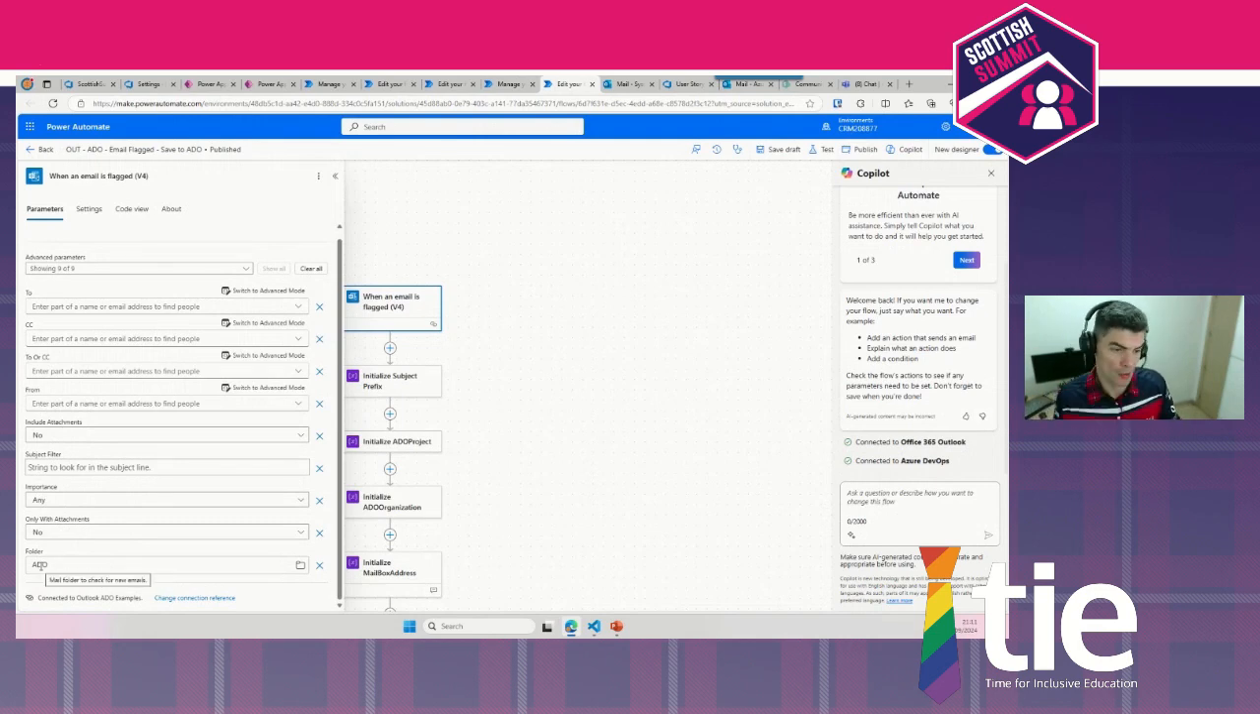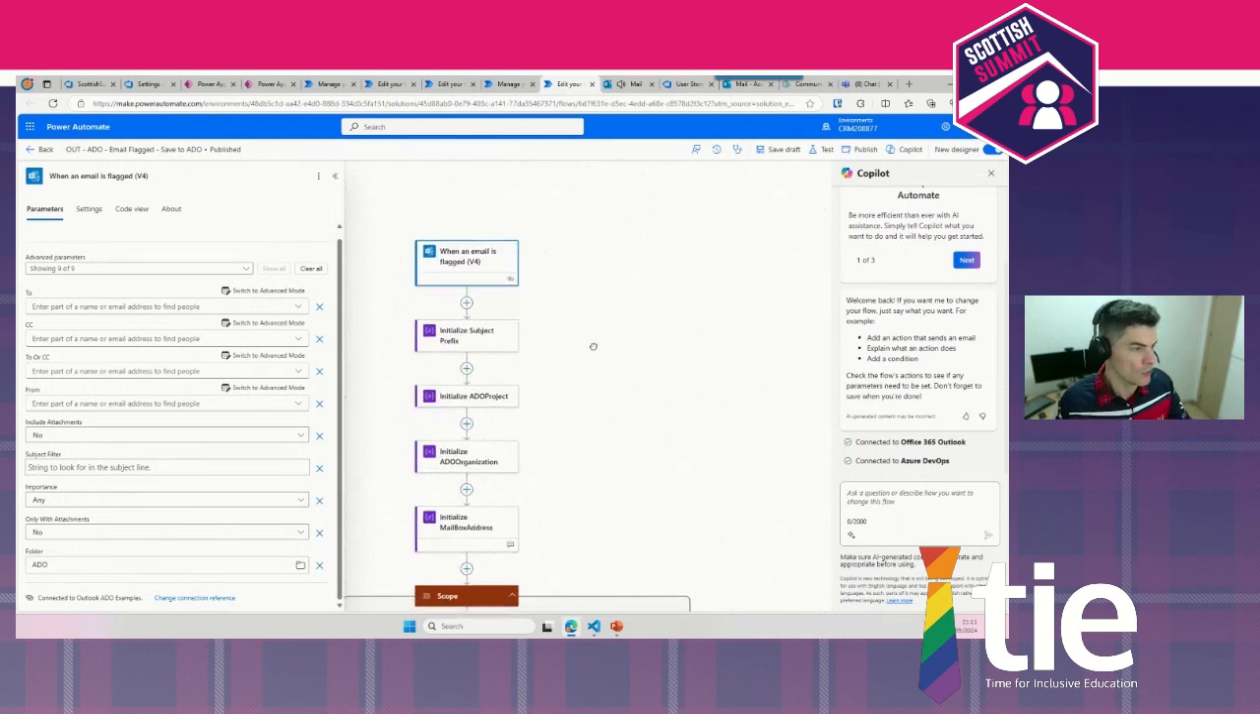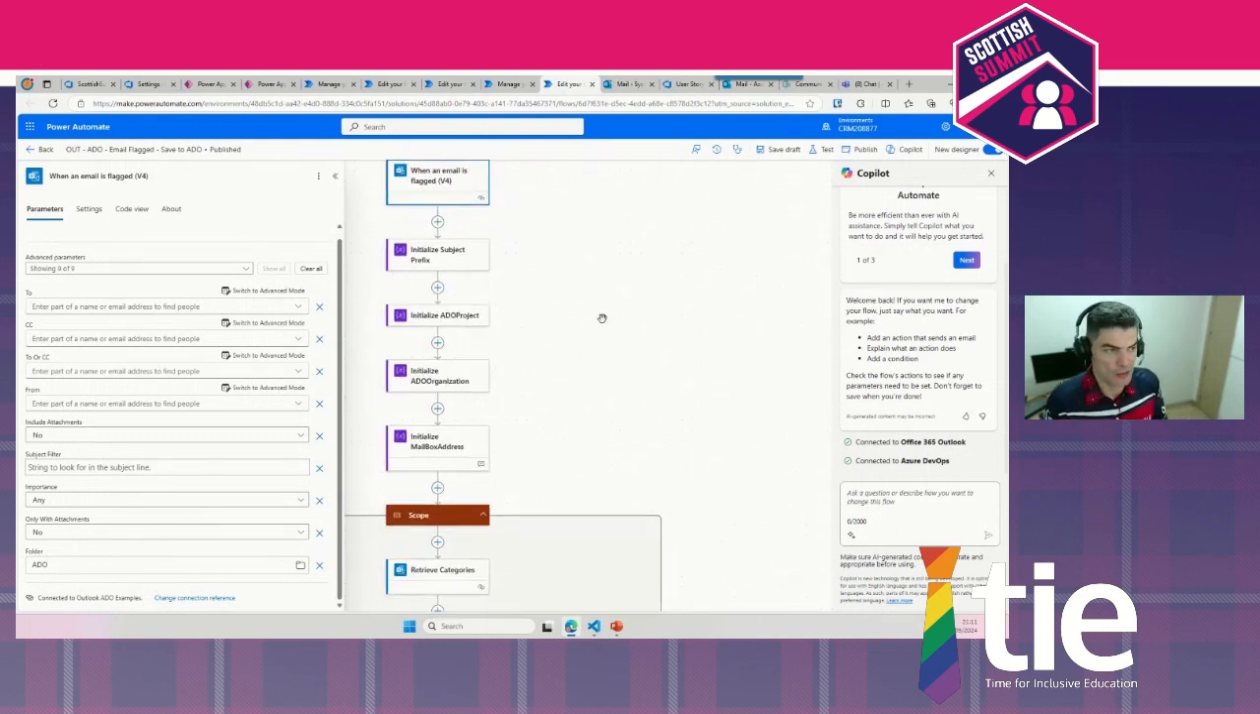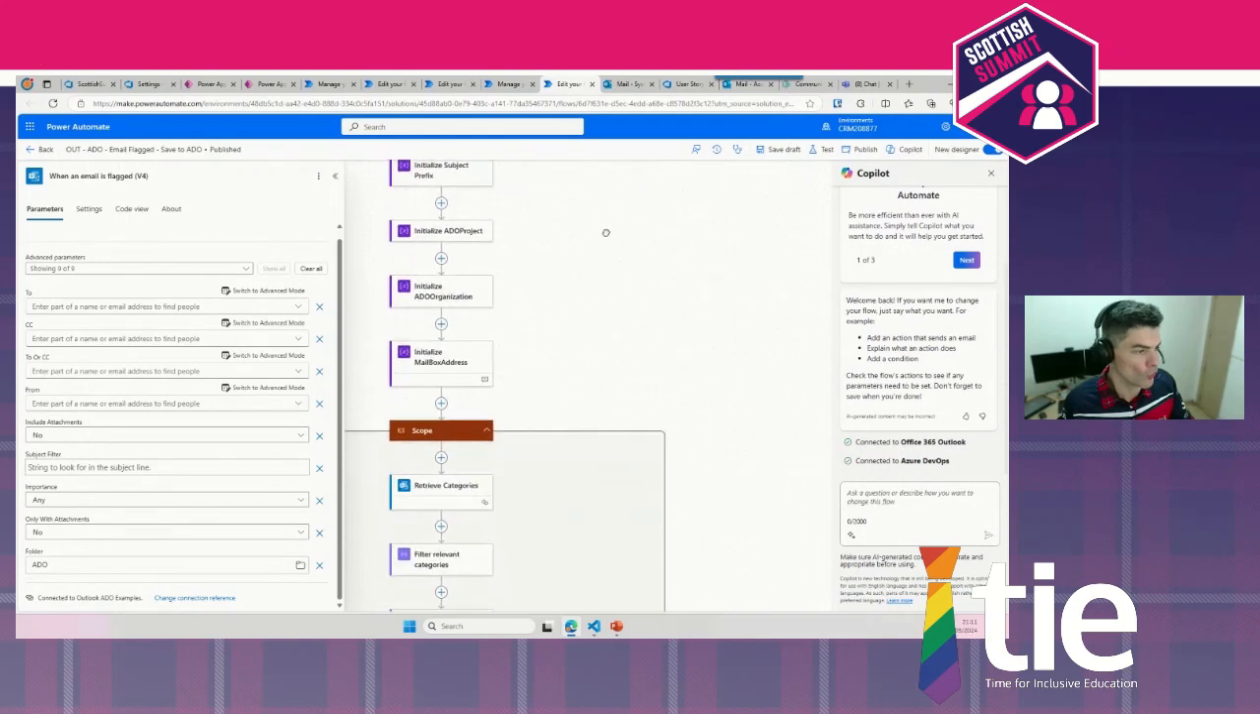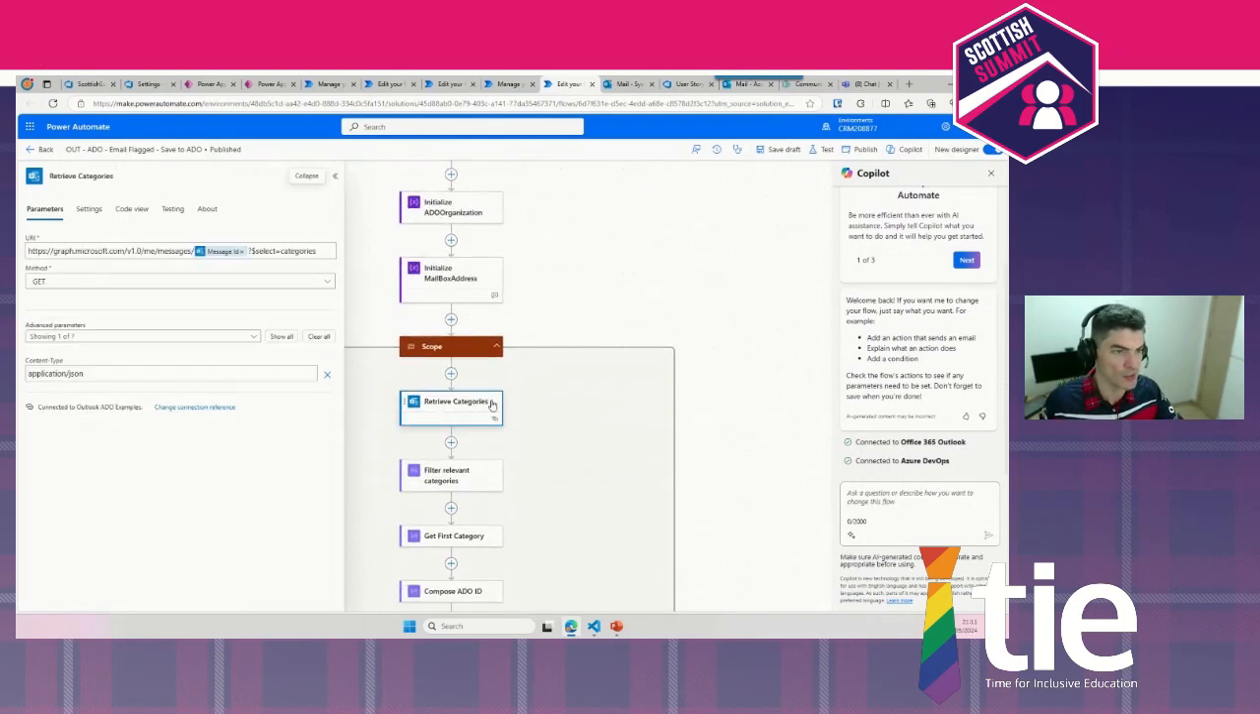So this flow doesn't get triggered every single time I flag an email, right? It is triggered when I flag an email in the ADO folder. Okay, and then it's very similar to the previous one. I need to go and retrieve the categories. There is no action in the Outlook connector to retrieve the categories of an email, but